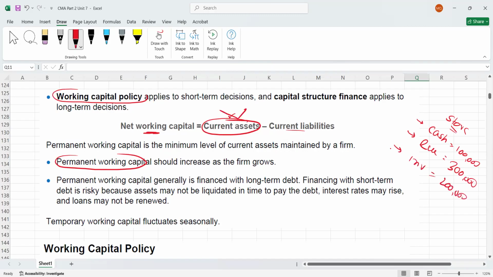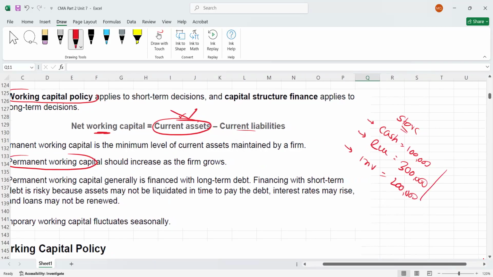I'm just giving you an example. So this is what you always have in routine. These are called permanent, because permanently these are kind of long term. Whatever amount you can assume, these are called